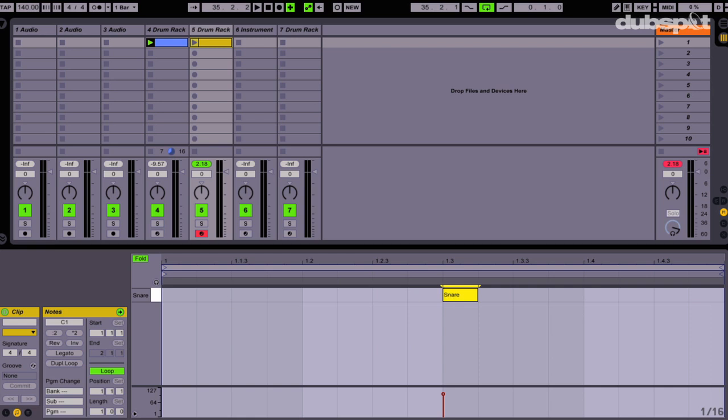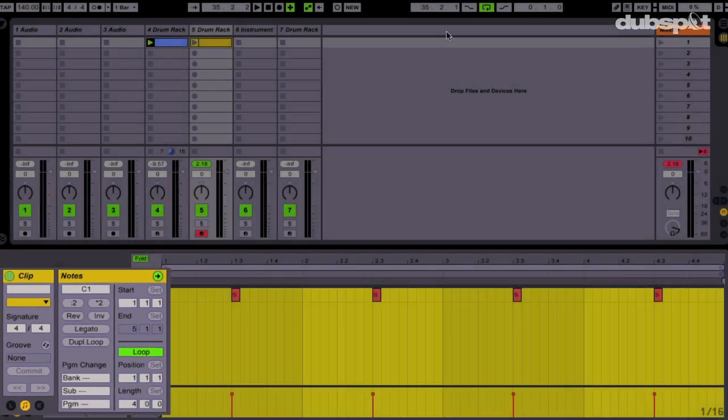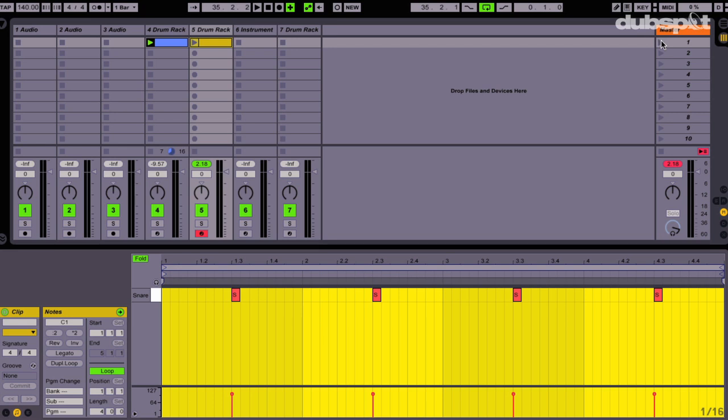So let's go to the third one, the third beat, and let's duplicate the loop again, and we'll set it up so that it's exactly the same length as the kick one was. And now if I play the two parts back together,